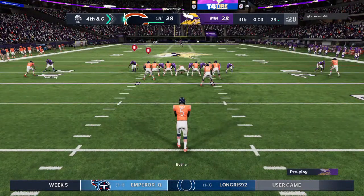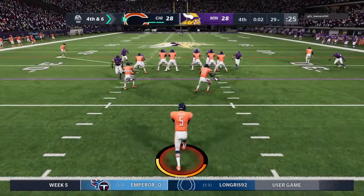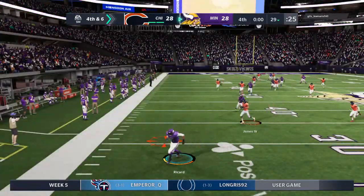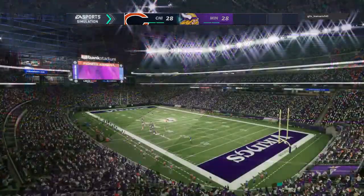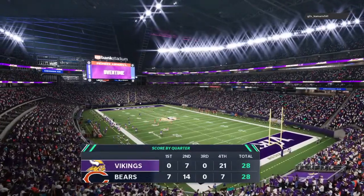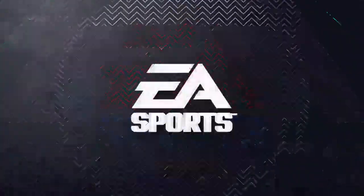Here's Matt Bosher now as he's on to punt for Chicago. And the punt goes out of bounds, so no chance to bring it back, and they will spot it at the 24-yard line. And here in overtime, if the team that receives the ball scores a touchdown, it's over. If they don't, it's...